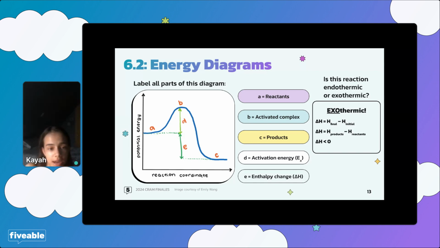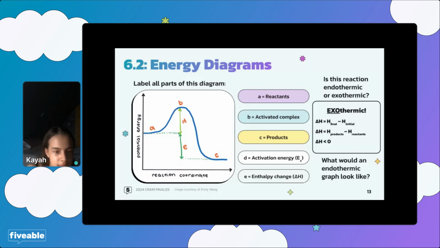So this reaction, like everyone says, is exothermic, right? It's starting from a higher point and it's going down to a lower point. So the A and the C, the C is lower, so it's exothermic. What I like to think about when I see these graphs is a slide. You're not trying to go up higher, you're trying to slide out. So you're exiting, it's exothermic.